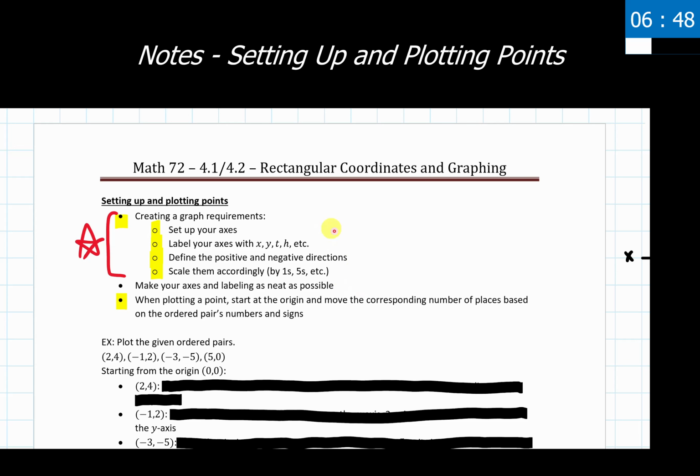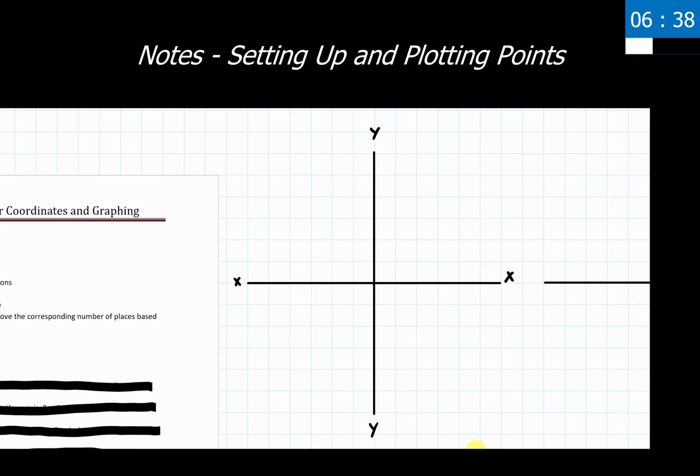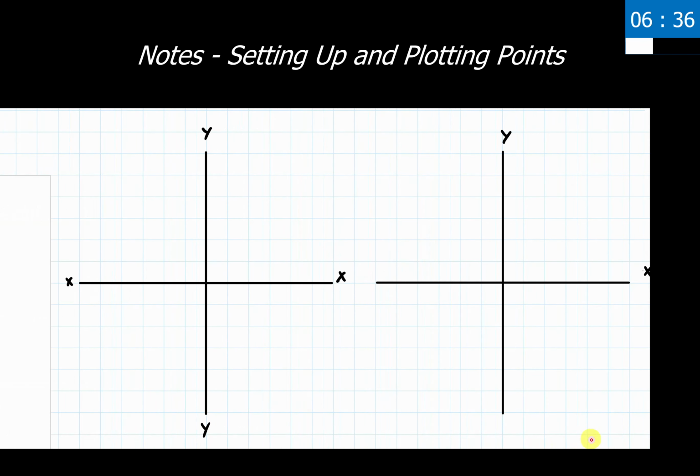So let's go through two ways that we can organize and set this up for ourselves. So I'm going to scroll to the right here, and I have two sets. Actually, I'll zoom it out here a little bit. There we go. So I have two sets of axes written out here. First and foremost, we're seeing our horizontal and vertical axes set up there. Fantastic. We see with this left one, both sides of the axes are labeled as x and y, perfectly acceptable. On this one, we only have one end of the axes labeled as x and one labeled as y. This is also perfectly acceptable.